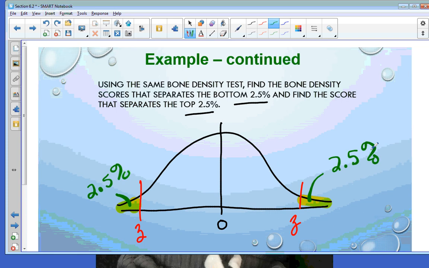But remember, when I write 2.5% as a decimal, it's going to be 0.025. So I'm really looking for the z when the area is